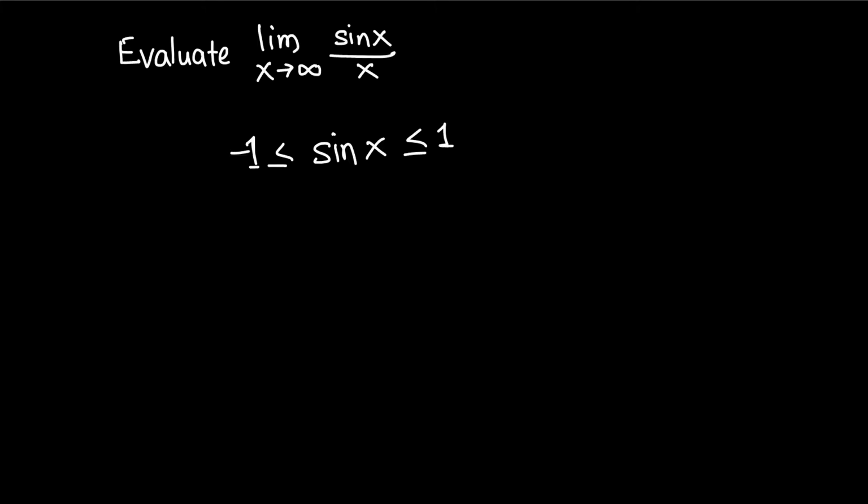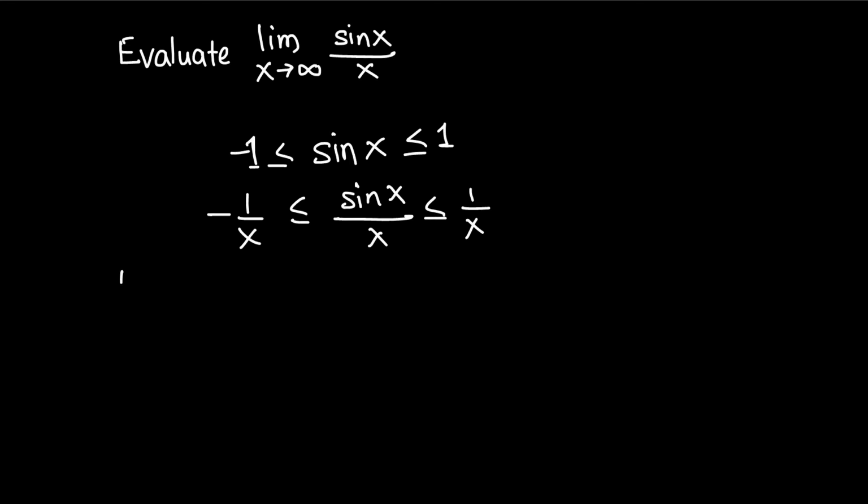Now we have sine x over x, so we can divide this compound inequality, in fact we have three sides, by x, so that we get sine x over x in the middle. So divide each side by x, so -1 over x, sine x over x, 1 over x. This expression is squeezed between these two